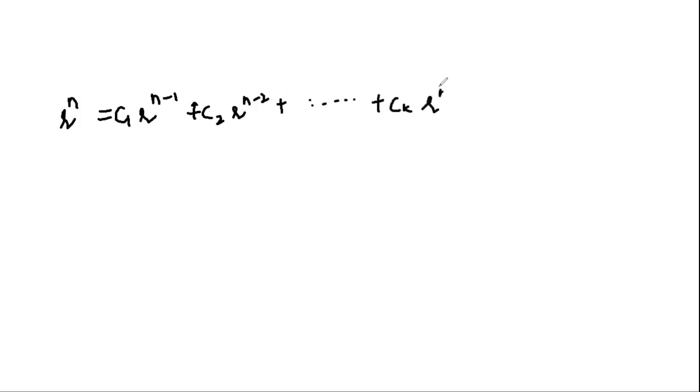So if I am dividing both sides of the equation, r^n = c1 r^(n-1) + c2 r^(n-2) + and so on, ck r^(n-k), by r^(n-k) on both sides, then on the left r^n divided by r^(n-k) gives, since a^m divided by a^n gives a^(m-n), simply r^k